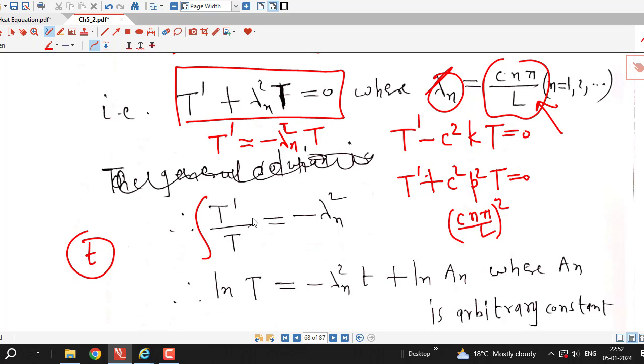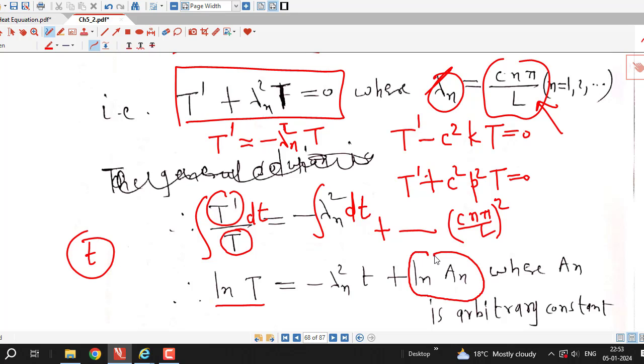So here we will have this type of thing, and we can see that the derivative of the denominator is in the numerator. Therefore this integral is the logarithm of the denominator, which is T. This is constant and we are integrating with respect to t. Therefore it is minus lambda n square times t plus some constant of integration that we adjust as ln a suffix n,